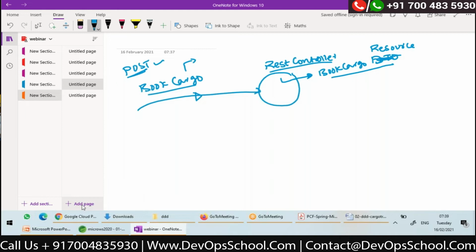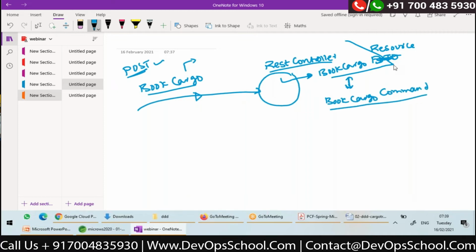We need some logic to convert this resource to a command, because in DDD terminology, we don't understand DTOs, right? We understand only commands. We'll apply commands. So I'll have some logic to convert this book cargo DTO or book cargo resource to a book cargo command.